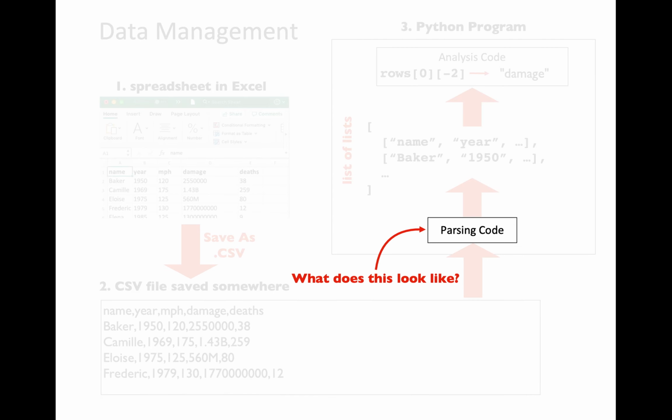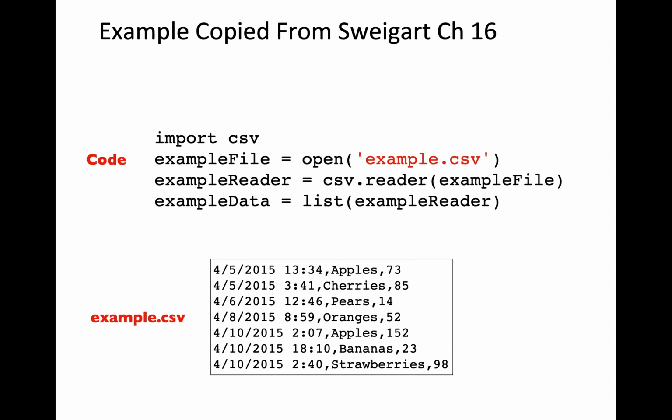Let's take a look at the parsing code snippet. We are going to use the parsing code snippet as a black box, meaning you'll not be able to understand all the lines of code for now. Eventually, when we cover the topic of files, you'll be able to understand all of the lines of code within the parsing code snippet. As I mentioned before, we'll be using the CSV module in order to parse the CSV